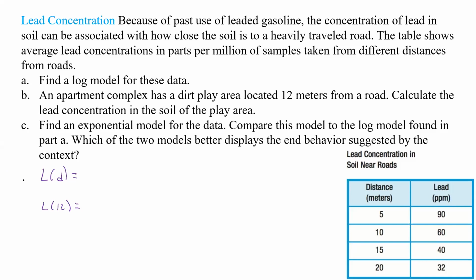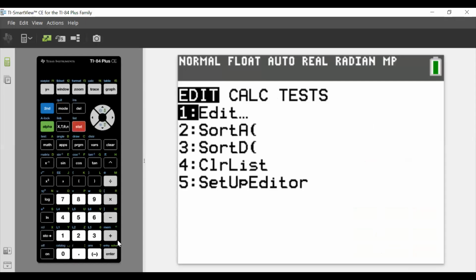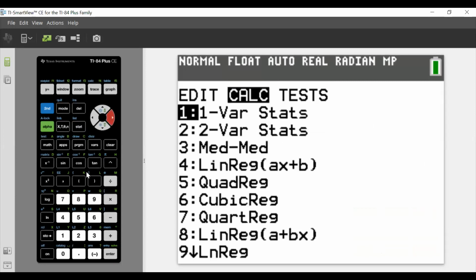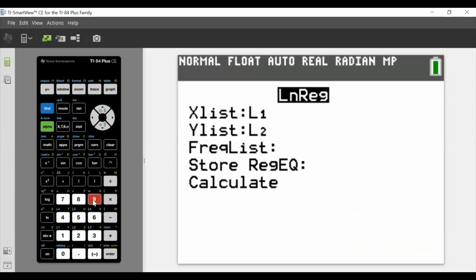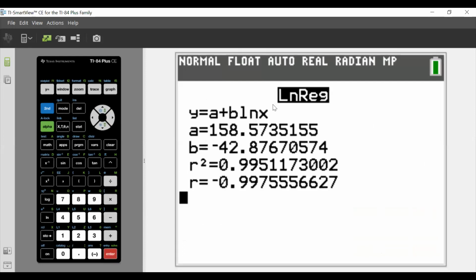Okay, so this is the log model. And then we're going to have an exponential model as well for L of D. Okay, so let's go ahead and start working on those. So again, as I've done, I've put the data in so it's quicker. And so now we just have to find our log model. That's going to be number 9, and that's correct, so we must have done that same last time. And so this is going to be our log model,